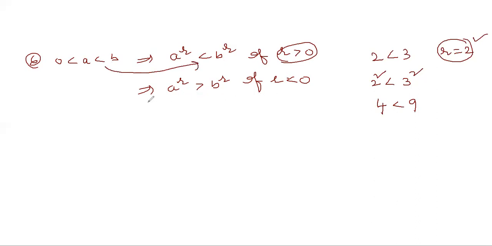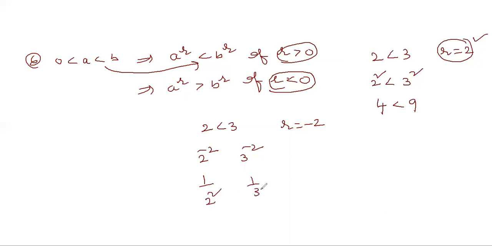In the second case, A to the power of R is greater than B to the power of R if R is negative. Let us take an example: 2 is less than 3. Here I am going to take R equal to minus 2. Then it is 2 power minus 2 and 3 power minus 2. That is 1 by 2 square and 1 by 3 square, which is 1 by 4 and 1 by 9. So which one is bigger? 1 by 4 is the bigger one. Definitely the inequality changes. So therefore, today's class, what I am going to say, these inequalities